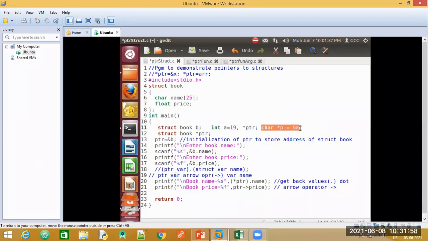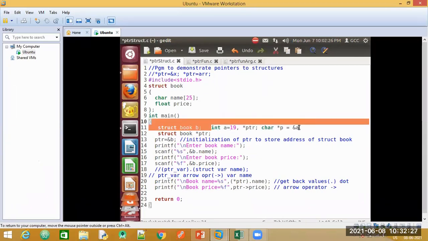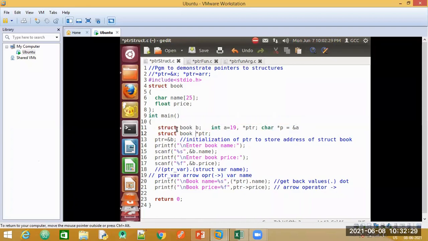Data types should be the same because whenever we talk of pointers, we make use of two symbols, asterisk and the address ampersand operator. With the help of pointers, we go through the address, and from the address we go to the actual content, that is the actual value the variable is holding. So if the data types are different, if a is declared as 19, how can char hold the value of a numeric data type? That is why you should remember that whether it is arrays, variables, or character arrays, the pointer and the variable should have the same data types. Since we have talked about structures, we need to declare this pointer also of type structure.